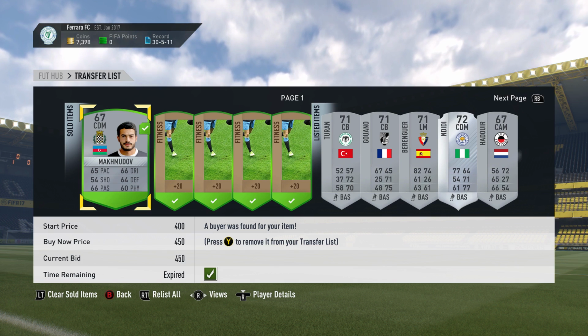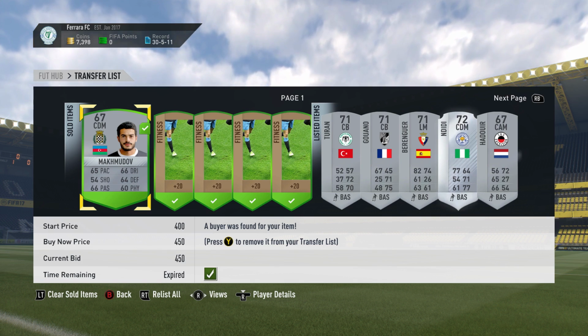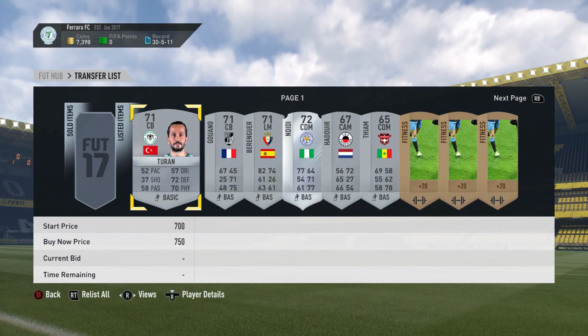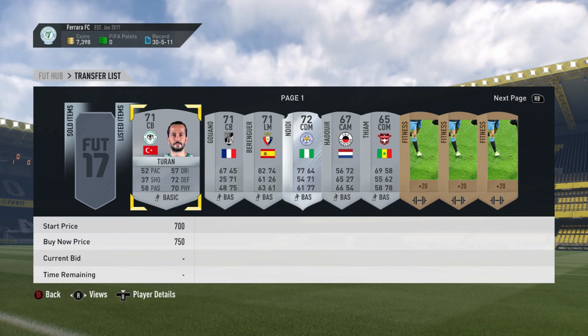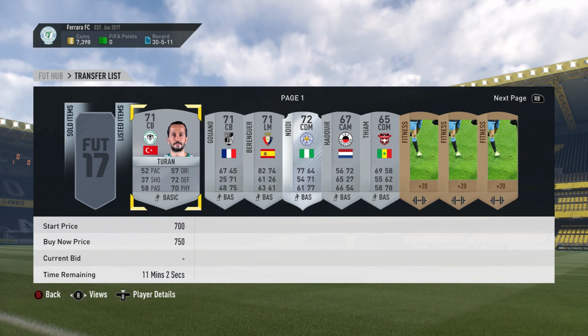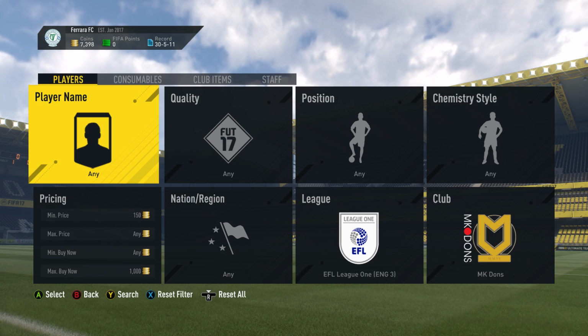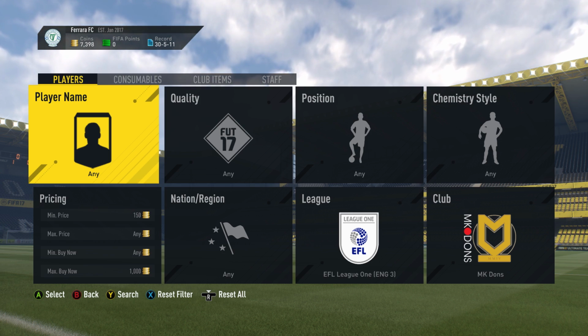So after those 2 games, only one of the silver players is sold, along with a load of the individual fitnesses again. So we're going to clear those, relist everything on our transfer list, and then I'm just going to jump into the club and list some of the gold players and the consumables we got from the packs as well. So before we jump into a couple more of the squad builder challenges, I just wanted to show you